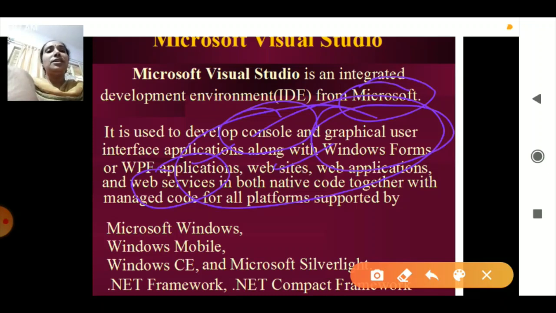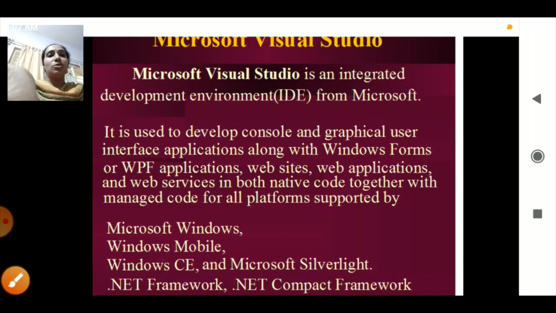The Visual Studio aspects are, as you all know, Microsoft Windows, even Windows mobile applications, then you have the code editor, then you have Microsoft Silverlight, which will help you out in getting a few more features than the normal Microsoft Visual Studio. Then you have the framework within that and a compact framework with other features which will help you out in linking multiple other aspects also. So these are the concepts of Microsoft Visual Studio.